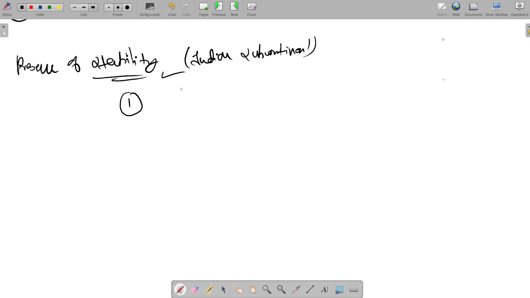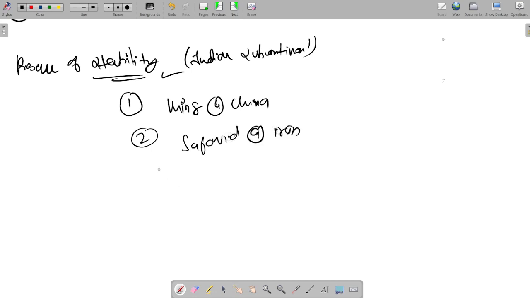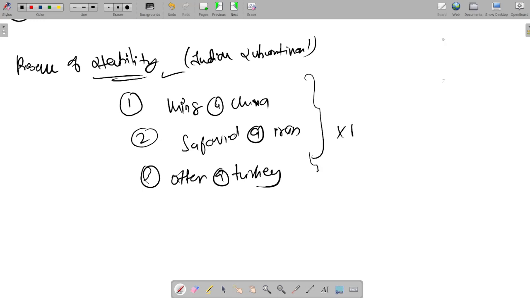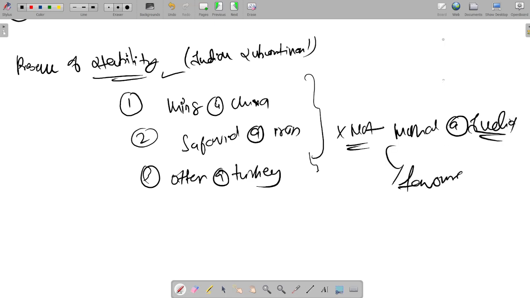Because the three powers like Ming of China, Safavid of Iran, Ottoman of Turkey had cordial relationships and did not interfere with the Mughals in India, and this led to favorable trade,